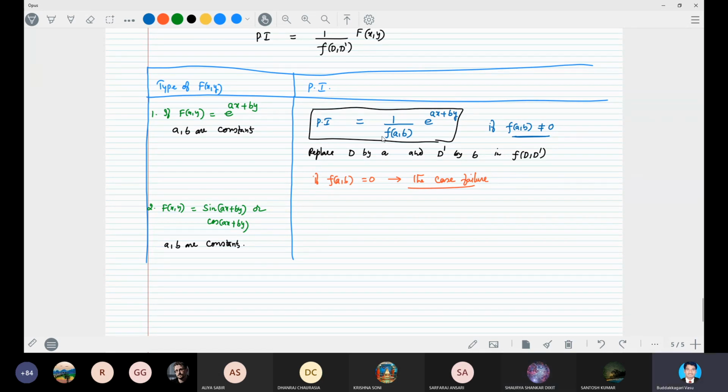So now in such a case, here you may not write replace, you may put D is equal to a and D dash is equal to b. Okay, no problem. Put D is equal to a, D dash is equal to b. Don't confuse. Replace also is not good. Now here I would like to give you the working rule for that.